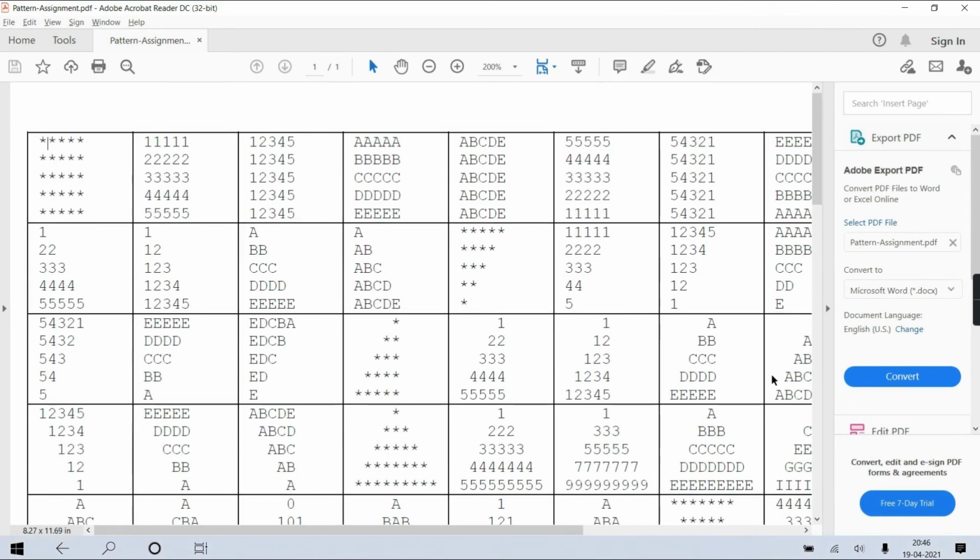Okay? Then, what do you say about this one? Like if line number is 1, 1 only n times, 2 only n times. Like n depends. Like if n is 5, so line number 1 is printed 5 times. Line number 2 only printed 5 times. Line number 3 only 5 times. Can you make any changes in this previous code only? This code only.